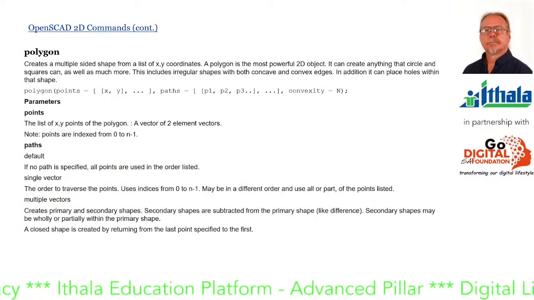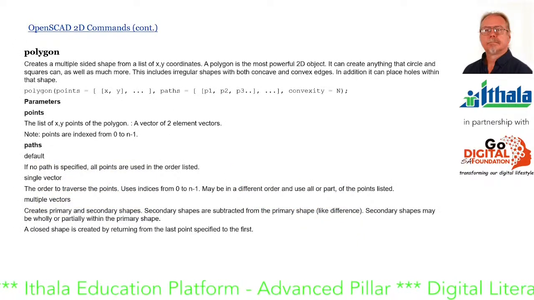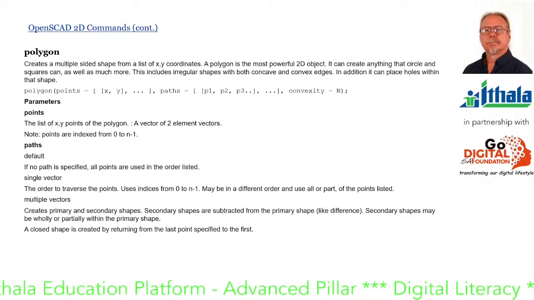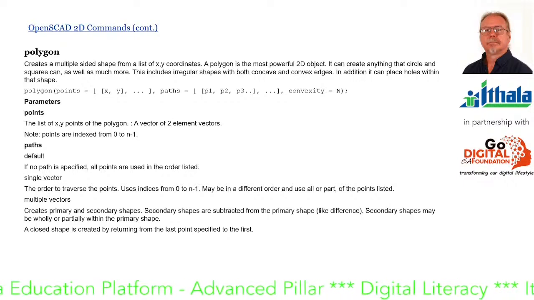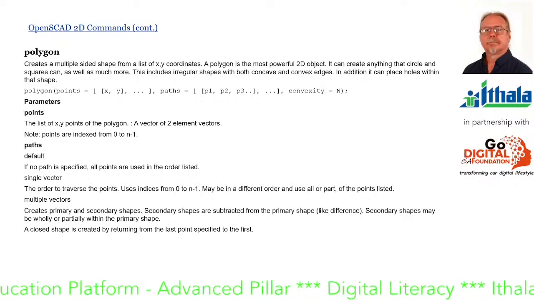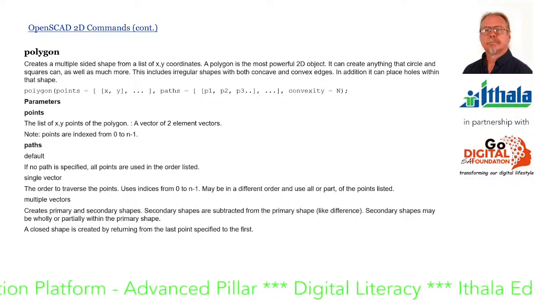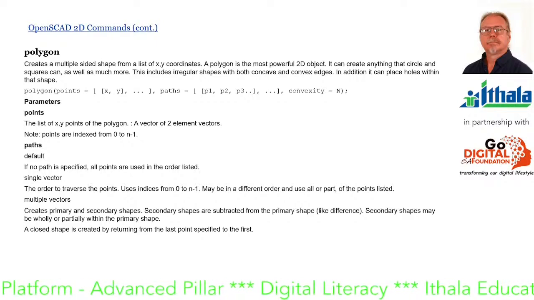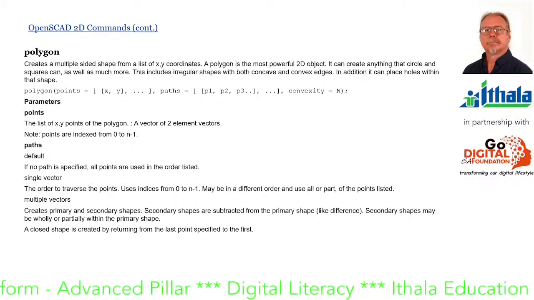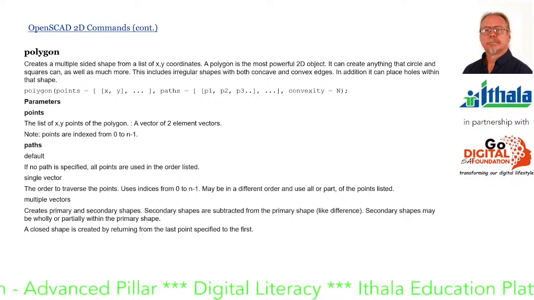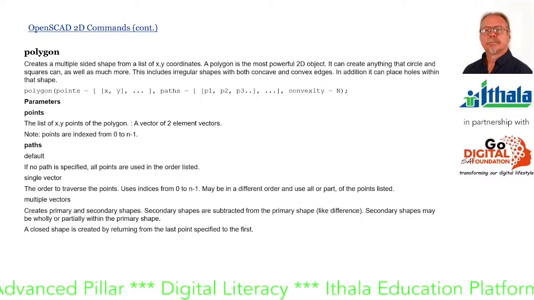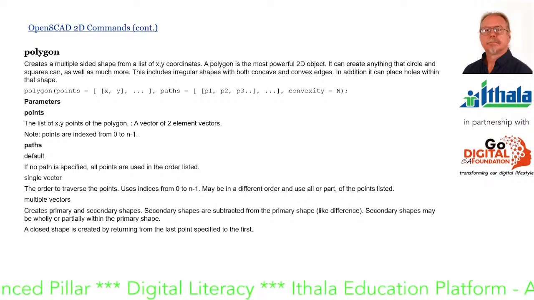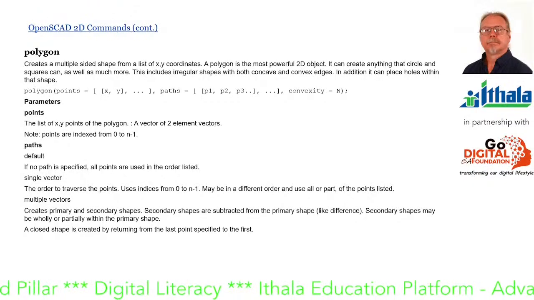Polygon creates a multiple-sided shape from a list of xy coordinates. A polygon is the most powerful 2D object. It can create anything that circles and squares can, as well as much more. This includes irregular shapes with both concave and convex edges. In addition, it can place holes within that shape. So the polygon statement